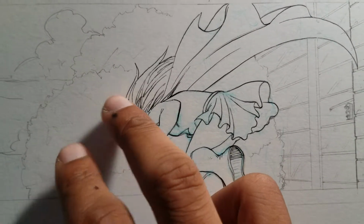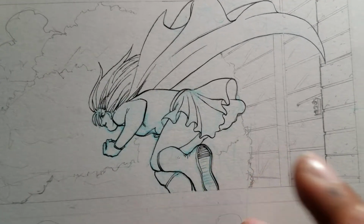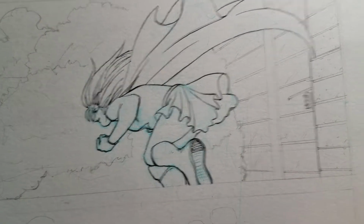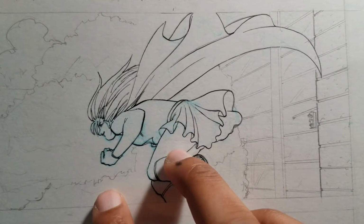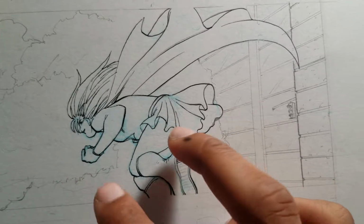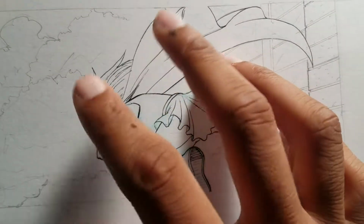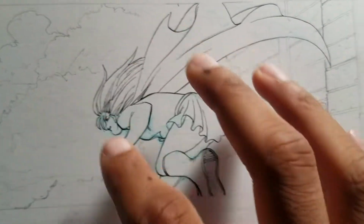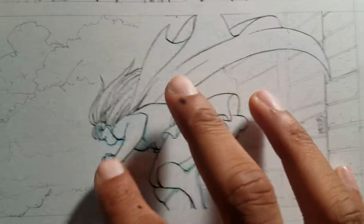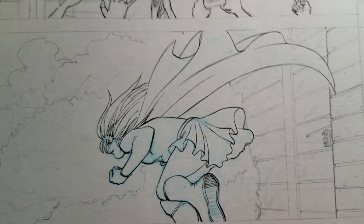It was just outside my comfort zone, and it wasn't too hard to the point where I'd get frustrated and quit. It wasn't too impossible, and it wasn't too easy to the point where I would just sketch it down and be done with it. It was actually frustrating, but at the same time, it was an enjoyable kind of frustration because I was trying